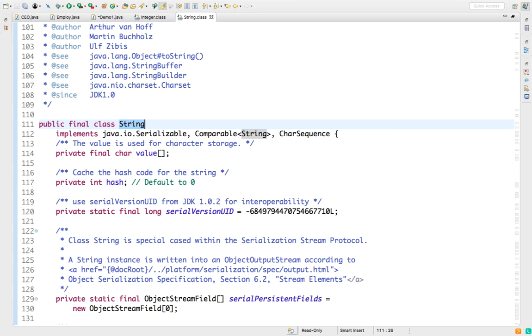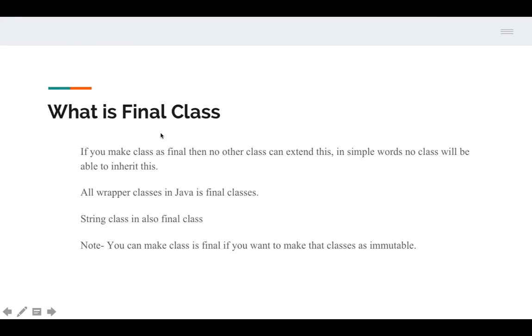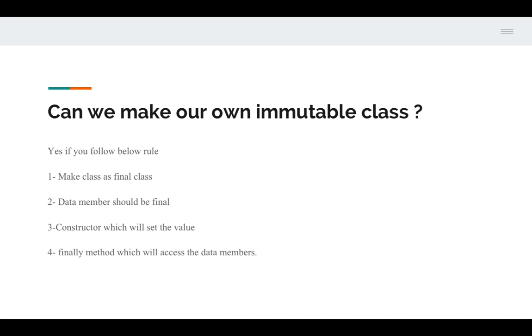So you cannot extend this, and as you know, string class is immutable. So the last point which you see here, if you want to make an immutable class, you can create a final class. Now this is again an interview question. Can we make our own immutable classes? So the answer is yes, but you have to follow certain rules if you want to create your own class as an immutable class. So the first point I will say, you need to make this class a final class,